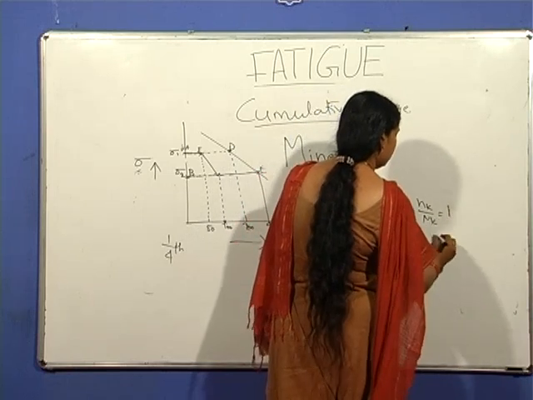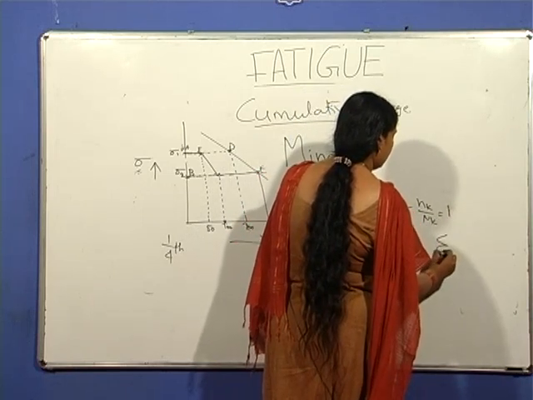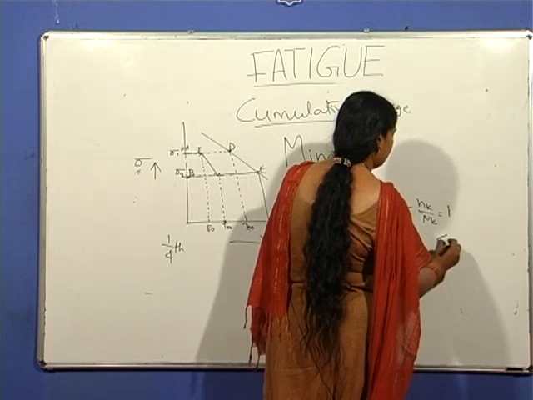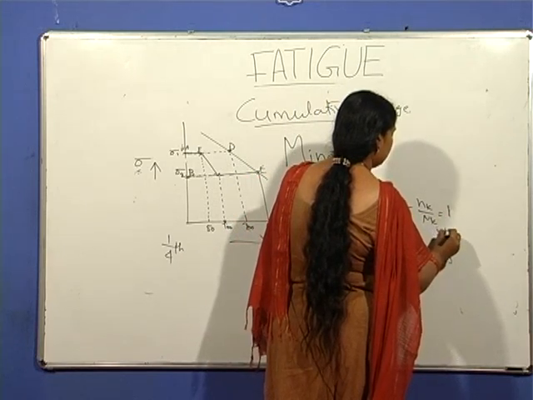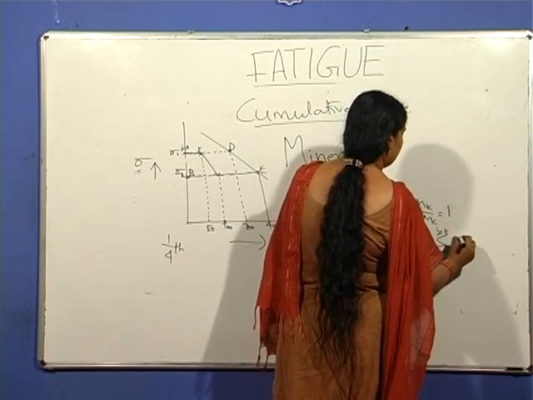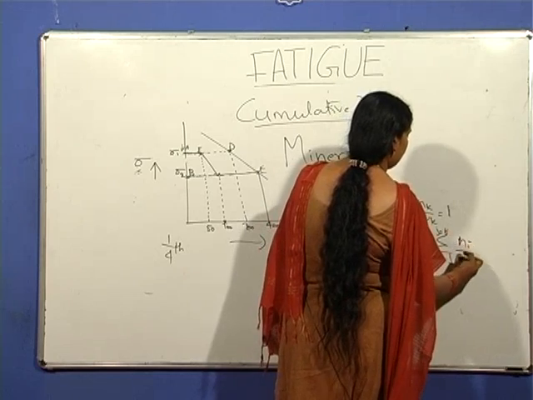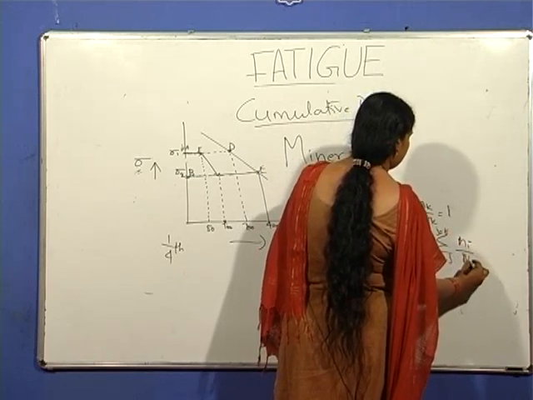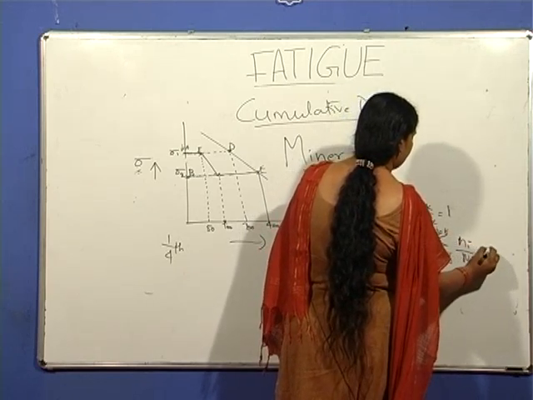So, this is equal to the sum from j equal to 1 to k of small nj by capital Nj is equal to 1,